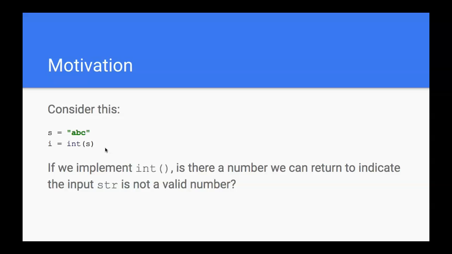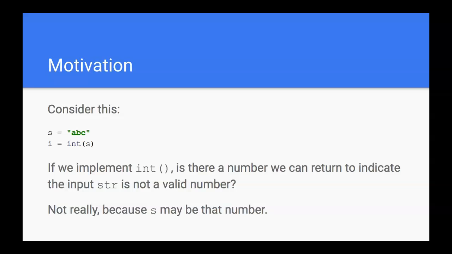What should int return if it's not possible to convert the input into an integer? Is there a number that the programmer can return to indicate that the input string is not a number? I guess the answer is kind of obvious, right? Because not really, you cannot return a number